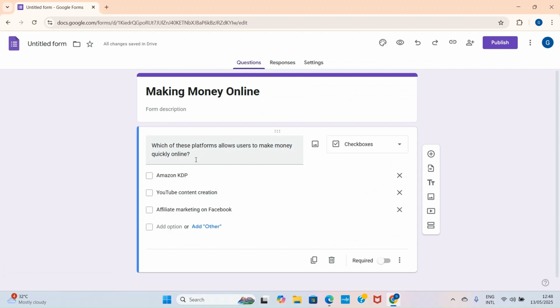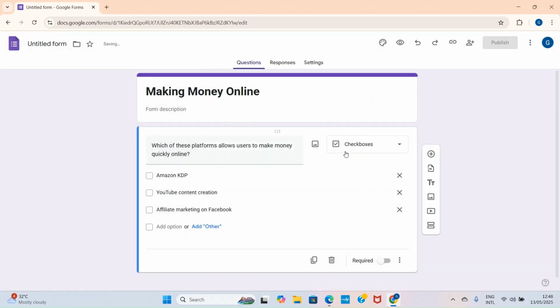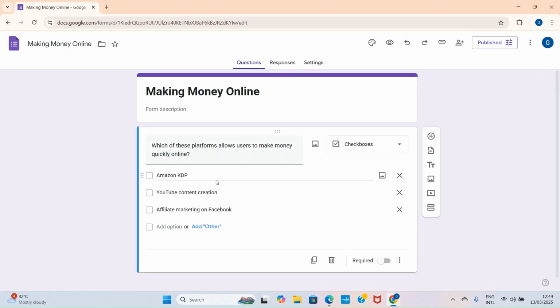All right, so let's wait for it to be imported. But if it's not imported, you may need to publish and then update. All right, in this case, you can see it's not reflecting. So I'll click on publish now. All right, click on publish again. This has been published, but I will refresh this page. Let me refresh this page, okay? Okay, so now that I have published and refreshed, I can copy the link here and